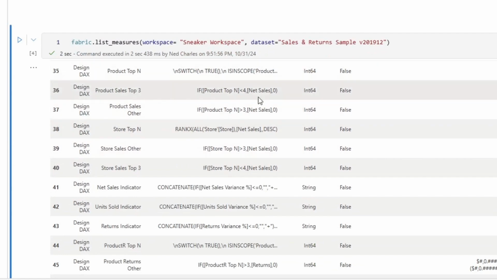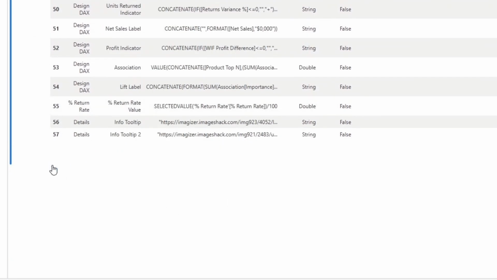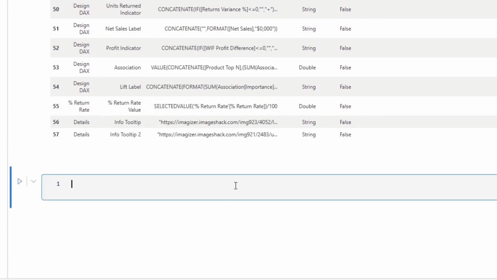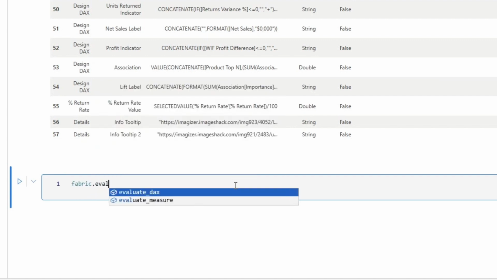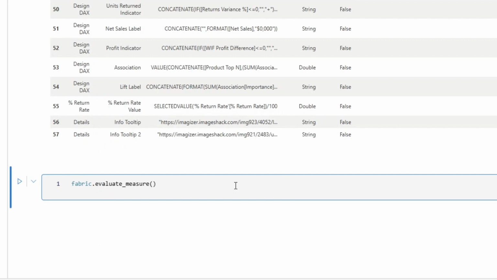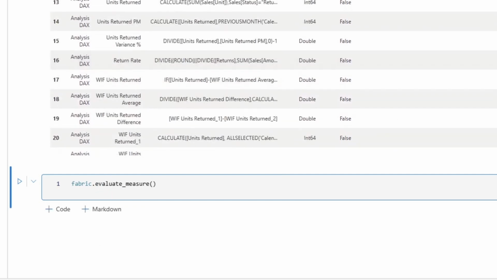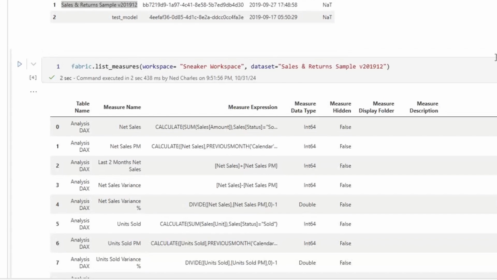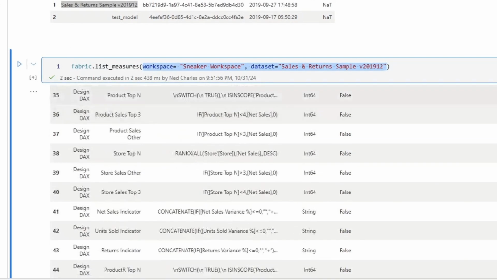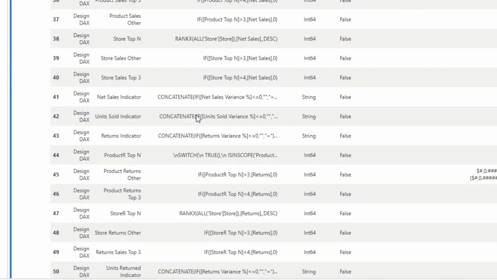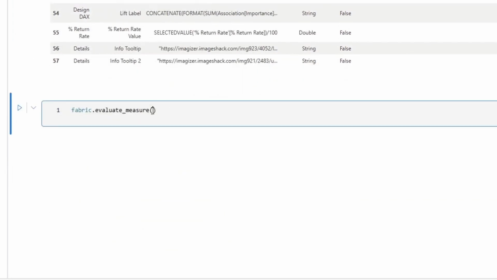I can run this, and you'll see it'll go and list all of the measures in that semantic model. And then finally, I can add one more cell, and I could go fabric.evaluate_measure, right? Again, I can type workspace, sneaker workspace, right? And then I can give it the name of the measure, which in this case, if I go down here and go measure